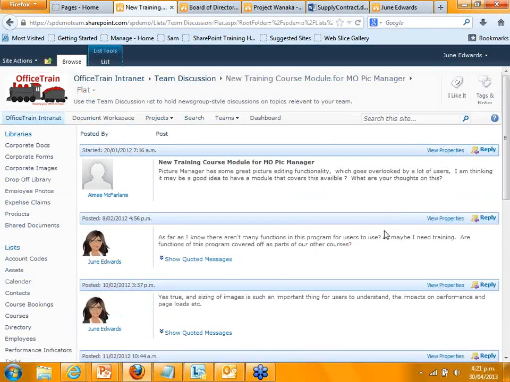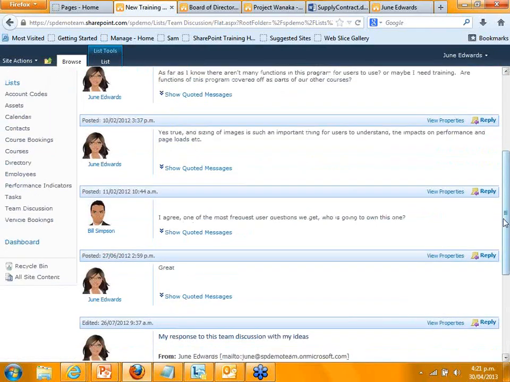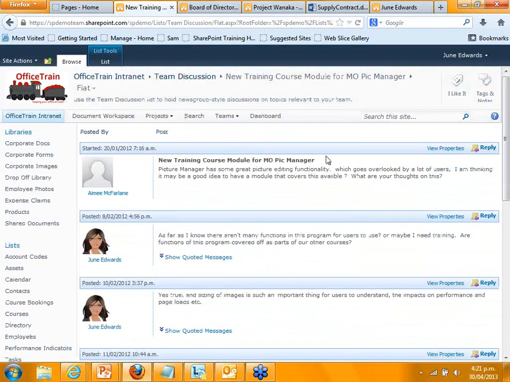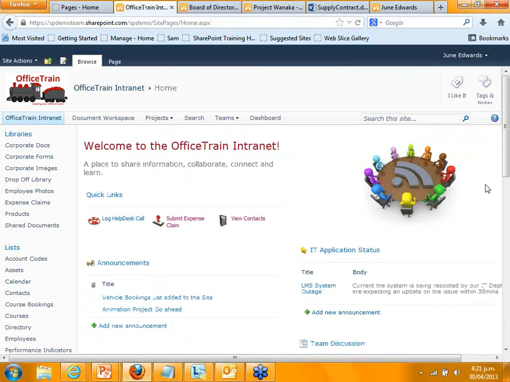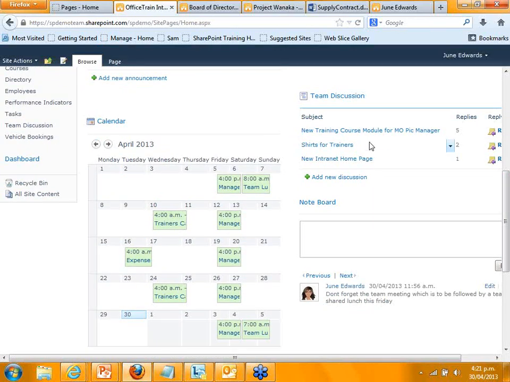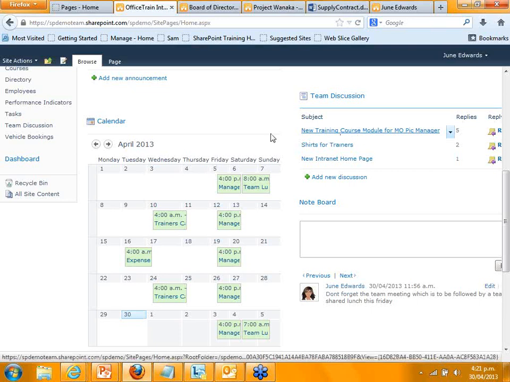If you're familiar with starting an email and sending it out to 10 different people, and then 5 different people respond in different ways and include different people, and all of a sudden you've got a mishmash of information that's really hard to control, then team discussions provide a way where you can reply in line, like a forum. So you actually don't need to use email anymore, although on the other hand you can have all of these team discussions provided with alerts and so forth, which means you can get an email every time a new one's created.